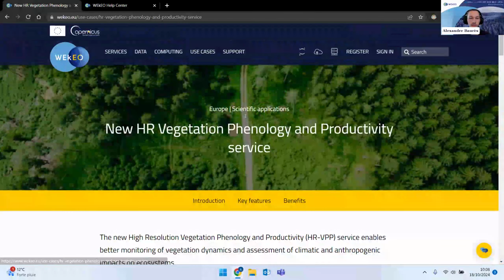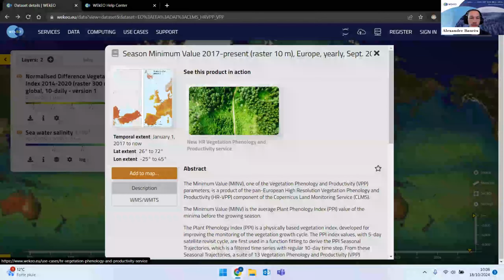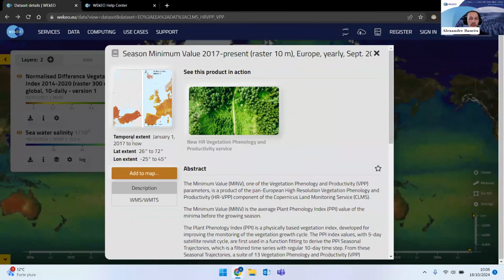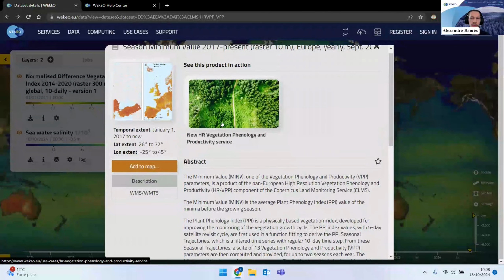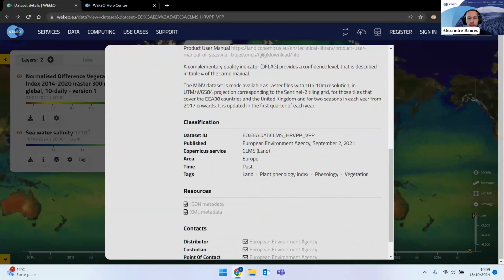You can click on it to show what we can do with a dataset like this. Then you have the thumbnail, the temporal extent from January 1st, 2017 to now, the latitude and longitude extent, the button to add to map the dataset, an abstract with many information about the dataset, the dataset ID, which can be useful if you use our HDA to download data via script, but it also can be useful if you